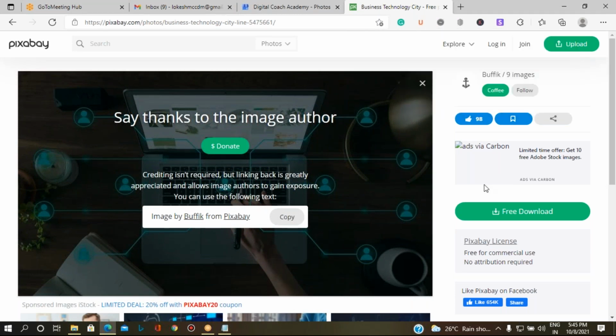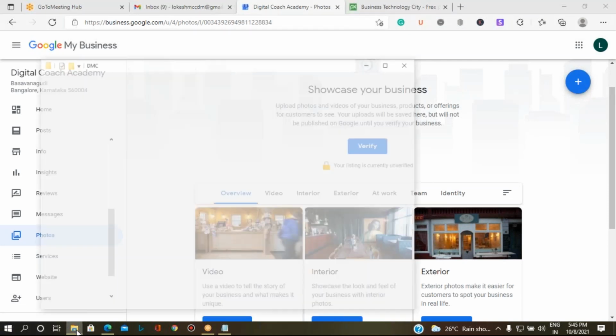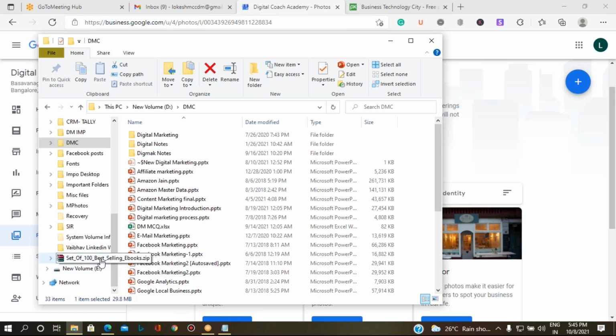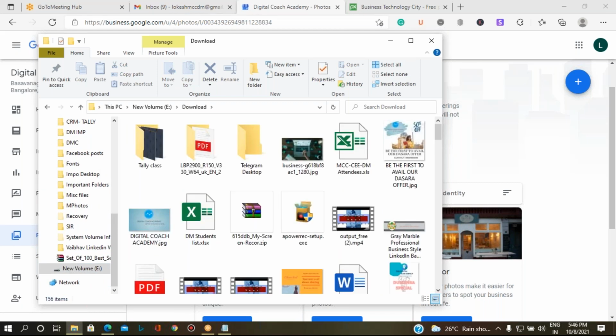The next thing is, once you upload, you can go to the upload option by clicking on the plus mark. But here I want you people to make sure that whenever you add any videos or images, while downloading the image, you might see that the image gets downloaded with a certain name which does not talk about that particular concept.